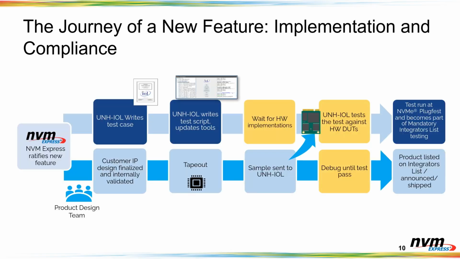So this slide really just summarizes the process that I've just described, but also adds the actual process of getting put onto the NVMe integrators list via the third-party testing at the UNH-IOL, which is when we test the device and debug with member companies if there are failures that block any sort of certification. We'll work to debug all the failures. Even if they are FYI or mandatory, we work to make sure that the failures are understood. But obviously, the mandatory failures are priority number one because those will be what might prevent listing on the integrators